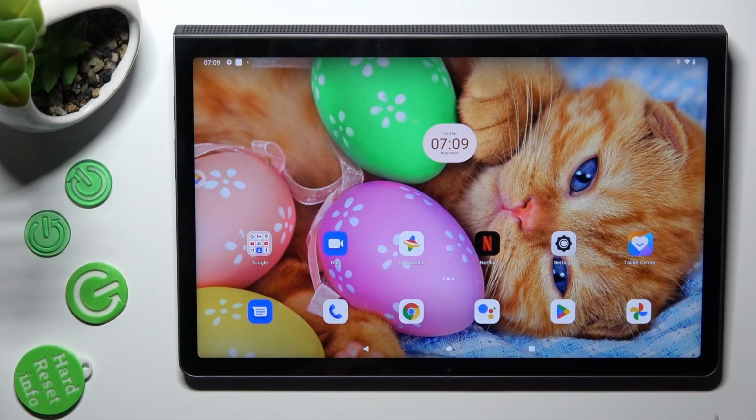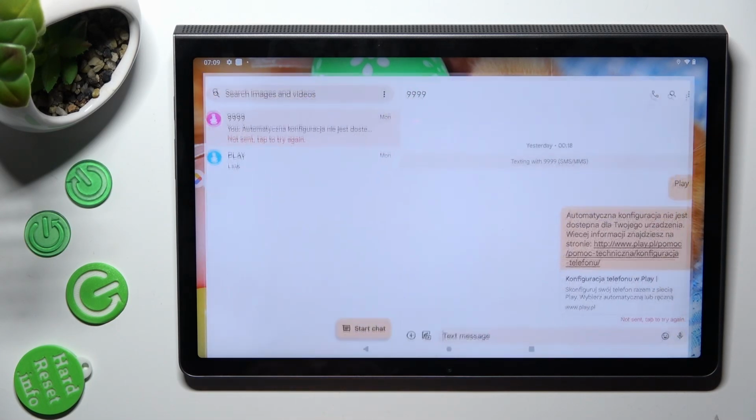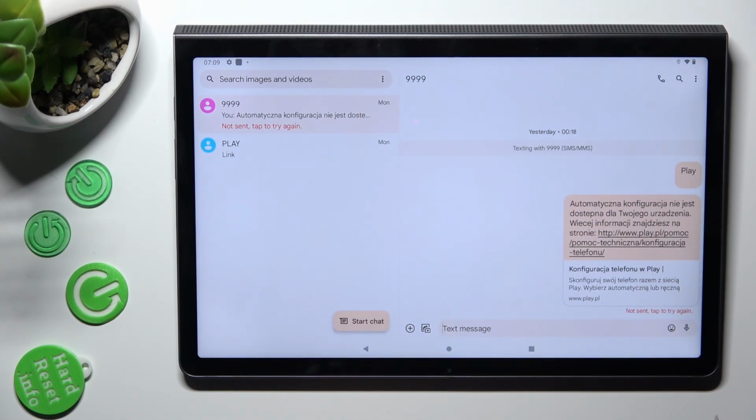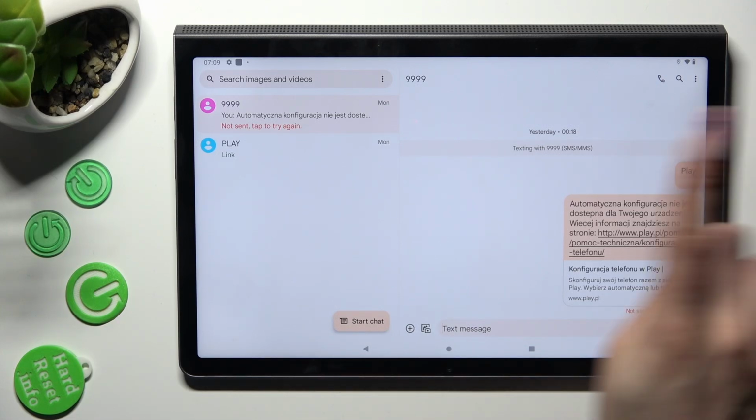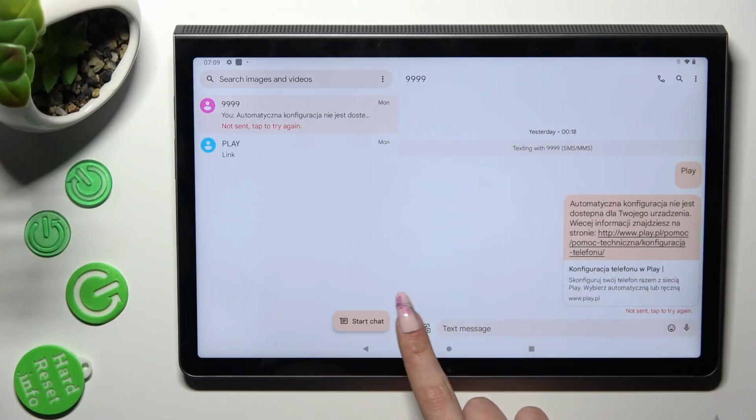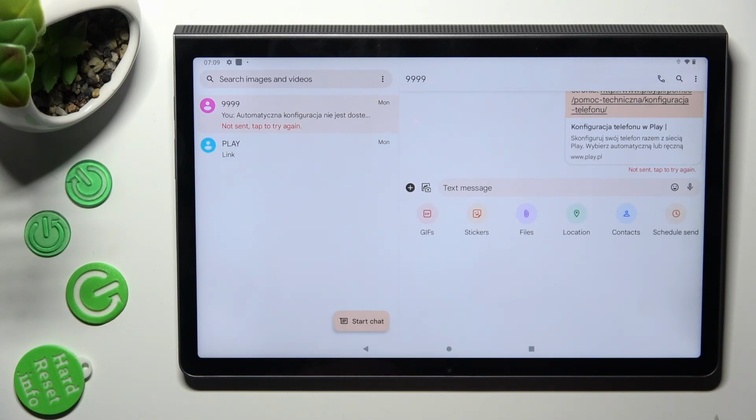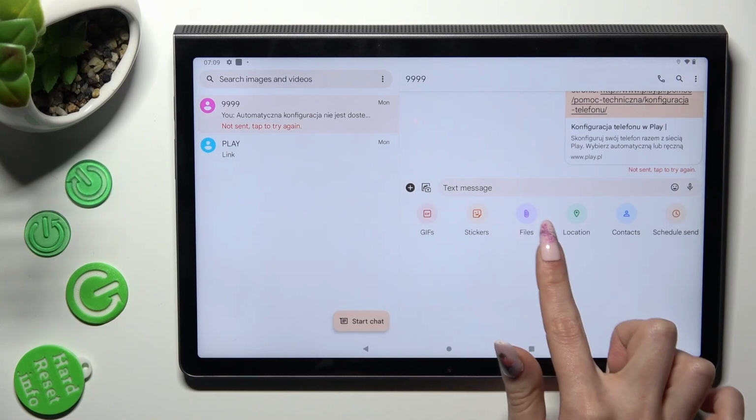First of all, you need to open the Messages app. Now select one of your chats. And when you're ready, tap on this plus icon at the bottom left corner of the chat window. Then select Files next to Stickers